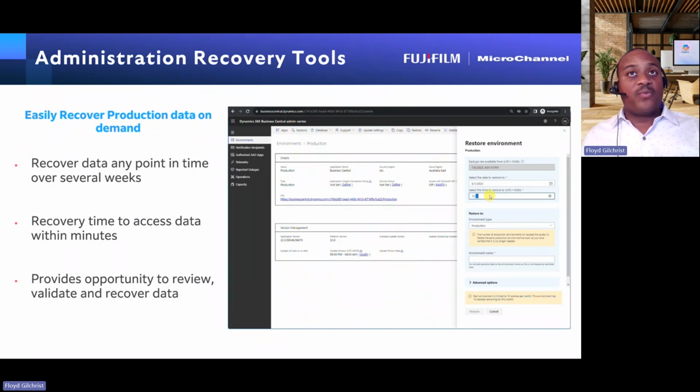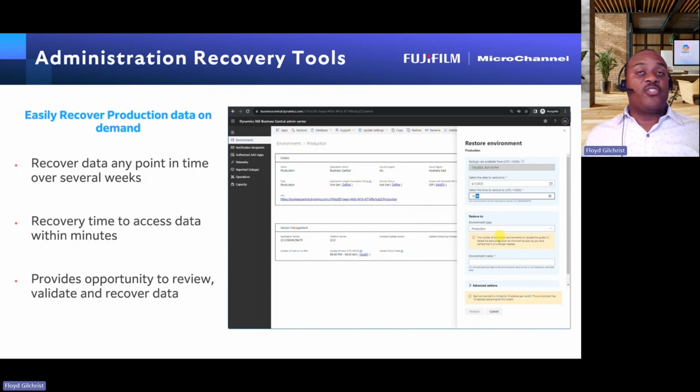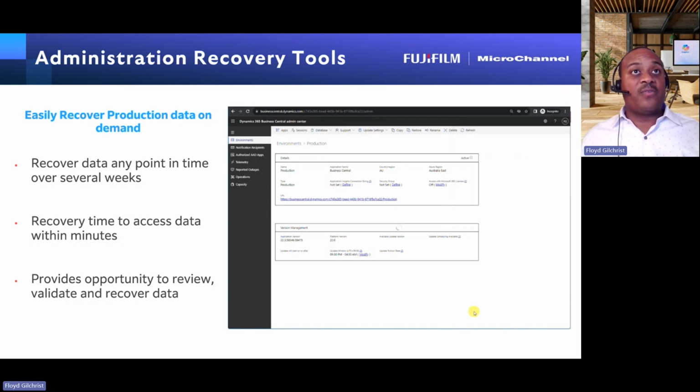In this case, Business Central, as you're seeing on the screen, I had an issue with my production environment. I need to see what's happened within a certain point in time. I can go ahead and create a second copy of my production environment and be able to diagnose that issue and rectify it without having to touch the actual live environment. No additional costs are involved. I can just do it right from the administration environment. In this example, I was able to spin up this replica production environment and it was ready for me within a matter of a few minutes.